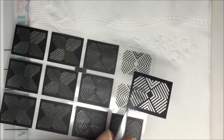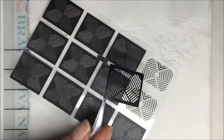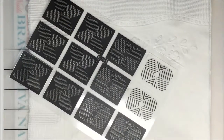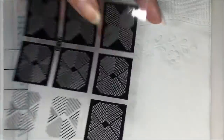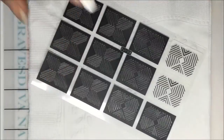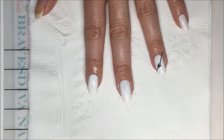I have never, ever, ever. I think every vinyl designer or manufacturer should be required to put their vinyls on freaking plastic, because the paper, you're tearing, half your little things are still stuck in here, and you've got to turn it over and stick it off on the back. What a pain in the butt. These, super duper easy. So I think I'm going to do him right in the center